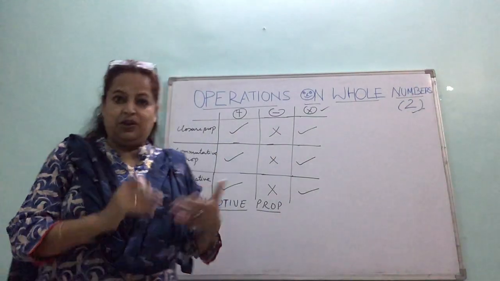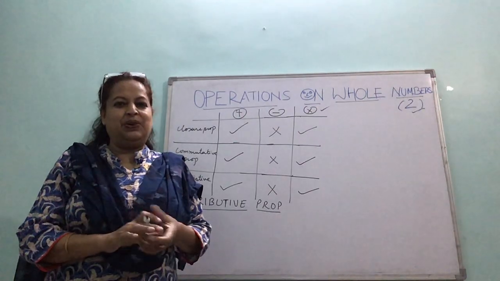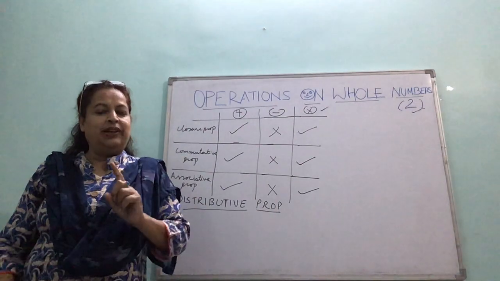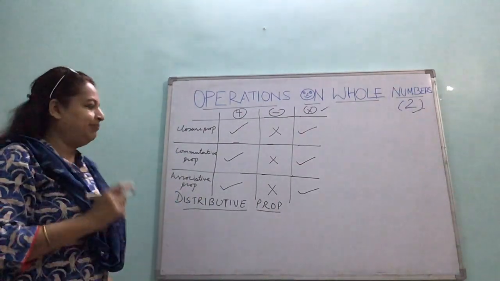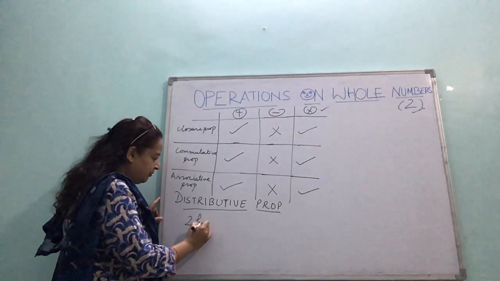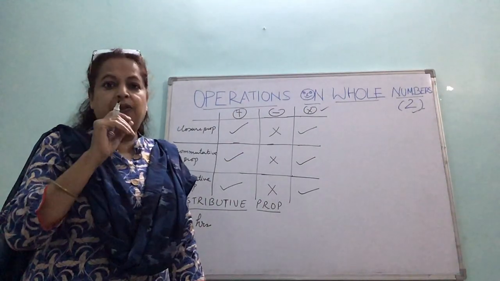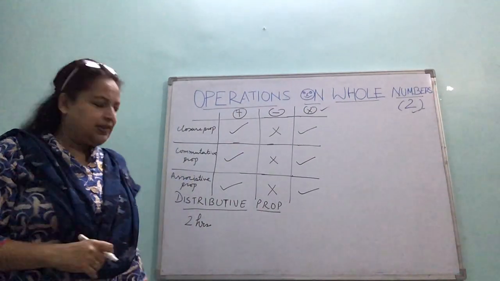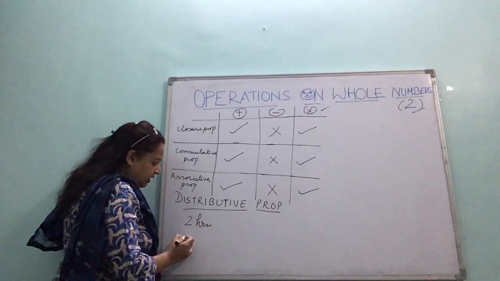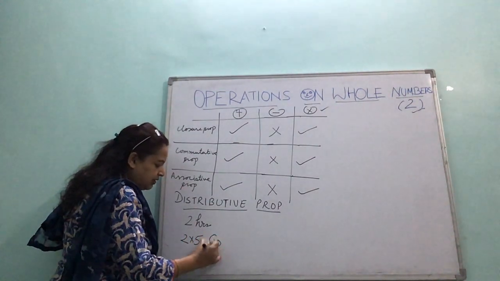Nowadays you're at home, you're doing a lot of maths work and homework, and maybe sometimes you feel lazy in doing it. So your mother says, for every hour you study, I'll give you 5 chocolates. First you study for 2 hours. So how many chocolates will you get? You will get 2 into 5 chocolates. You will get 10 chocolates.